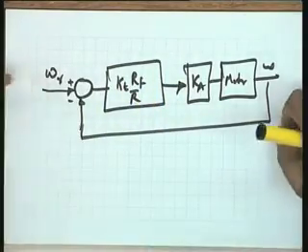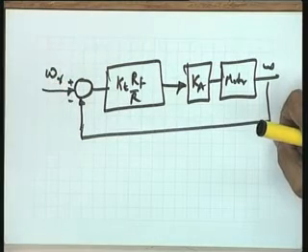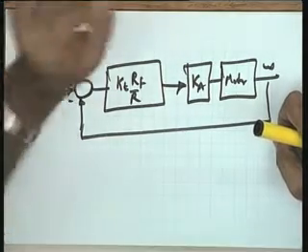You can just see the two equations will remain the same, but now it should not be confused. Omega r is the reference input does not mean that physically radian per second is directly going to some unit. It does not mean that. It simply means that it is an equivalent block diagram which has got the same mathematical equation which you get from the original block diagram between omega and omega r.